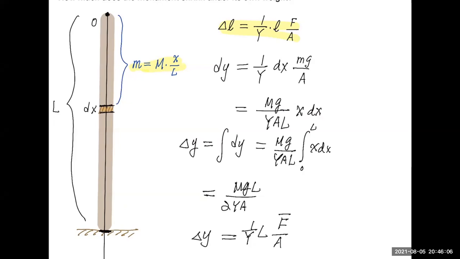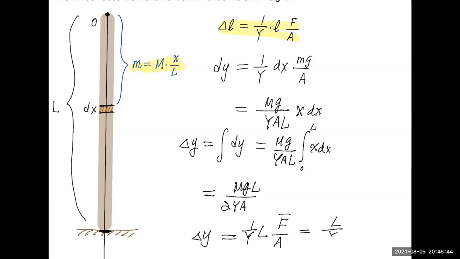Well, you might say the average value is 1/2 of the maximum value. That is not always true. But in this case, it's actually true, because the force F, which is the weight above this segment dx, varies linearly from 0 to total mass times g at the bottom. For a linear function, the average value is actually the value at the middle. It's 0 plus the final value, which is big mass times g, over 2. So I can, in fact, write this down as